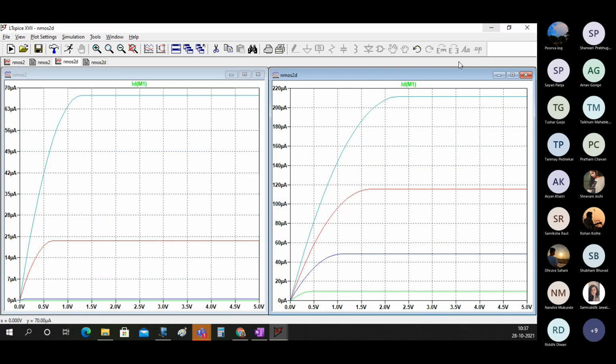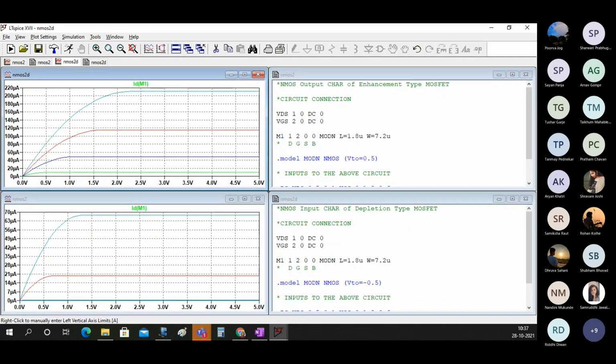So now what you will do is you will post this in the output. We have done actually 4 characteristics: NMOS input, NMOS output, NMOS depletion input, NMOS depletion output, in 2 different ways.